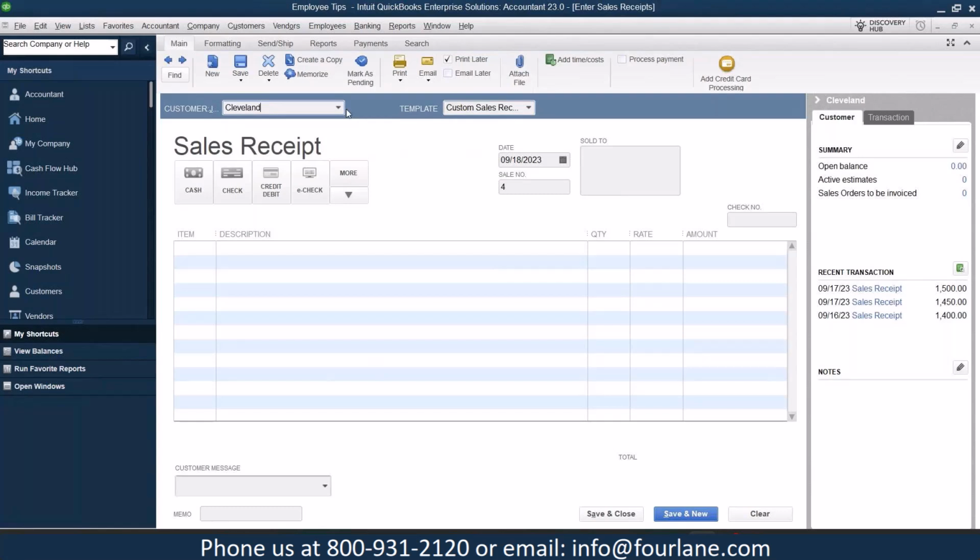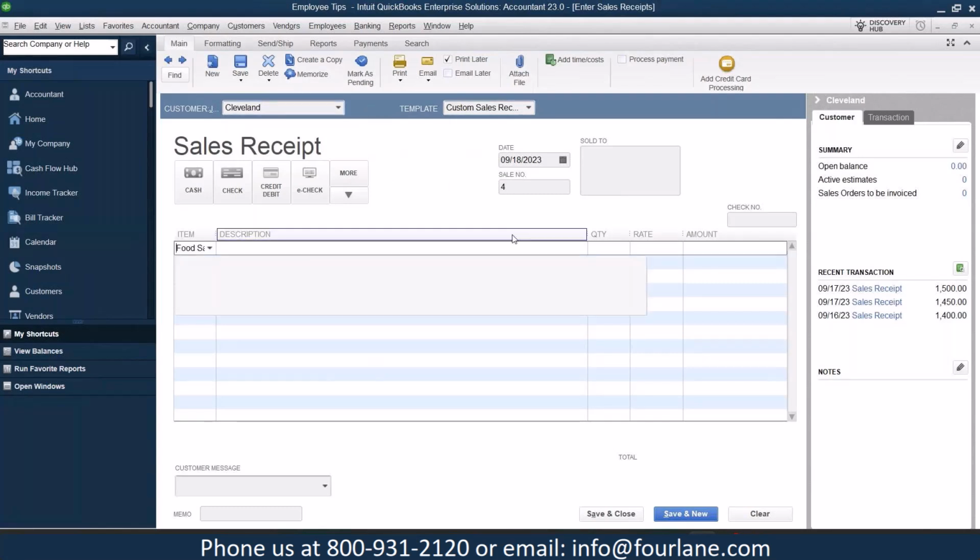Another thing that I've seen is also clients using the class list as well, so they can kind of run their locations side by side when they're running a profit and loss. But for the purposes of this demonstration, I just have a customer called Cleveland. Then we would have,